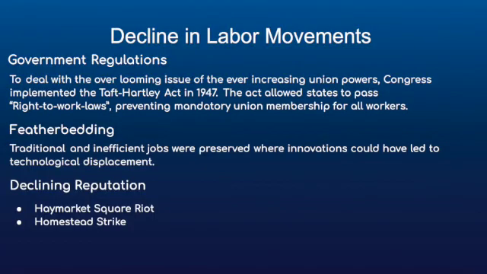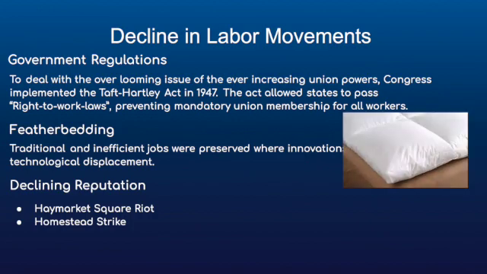Reasons for a decline in the labor movement. One reason attributed to the decline in the labor movement is government regulation such as the Taft-Hartley Act. The act allowed states to pass right-to-work laws, which curbed union labor growth. Additionally, featherbedding, the act of keeping excessive jobs, can be attributed to the decline in labor movements. Featherbedding limits the efficiency of production and increases costs for companies, leading to a decrease in competition in a